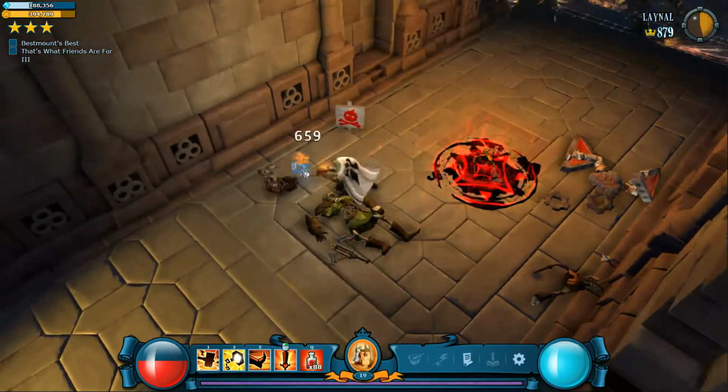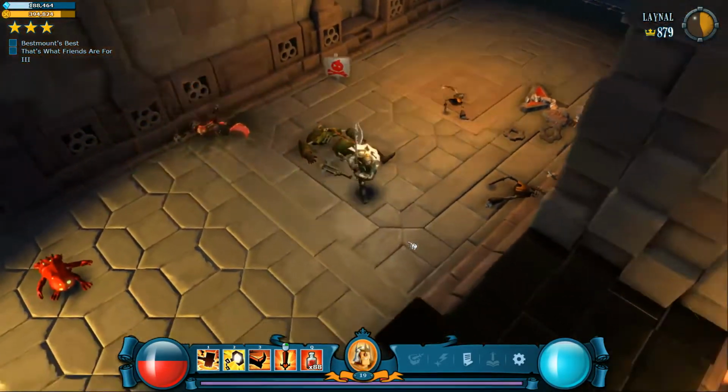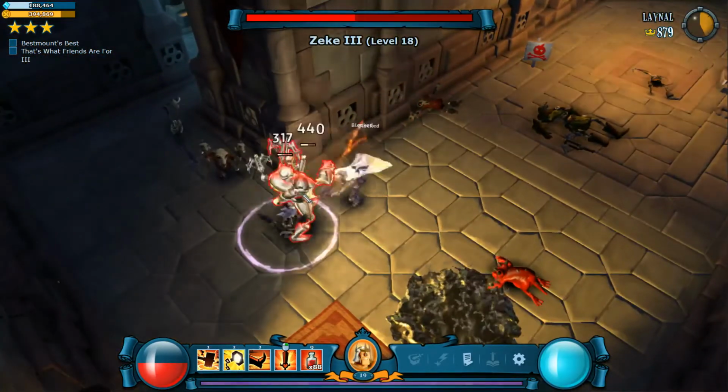So that's why I said, you know, have it naturally go that way. This group is fine. The Enrager with the Zeke being defended. That's a pretty standard group. This is one where I'm kind of like,